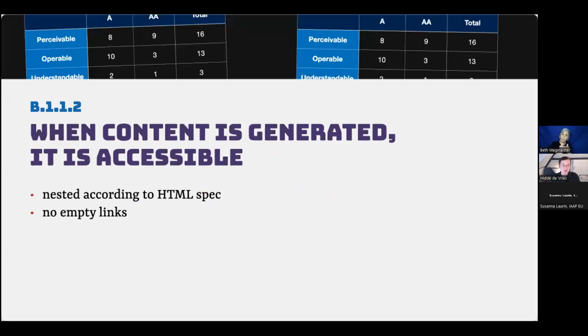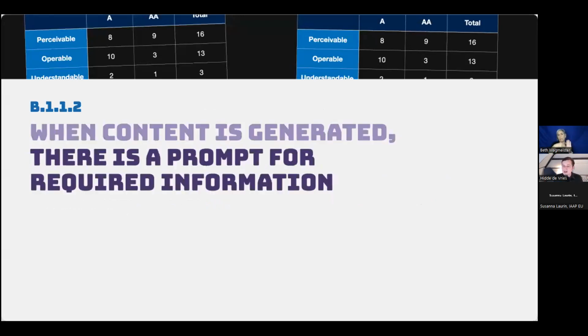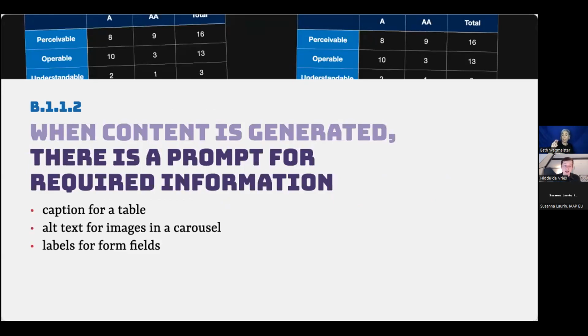So ATAG B1.1.2 is about making sure that when content is generated, it is accessible. For instance, if your CMS allows you to create a table, that it creates the right markup for it. In that case, you will want your CMS to ask for required information like a caption for a table, alt text for images in a carousel, labels for form fields, these sorts of things. Now, this might sound trivial, but there are a lot of authoring tools, like social media.